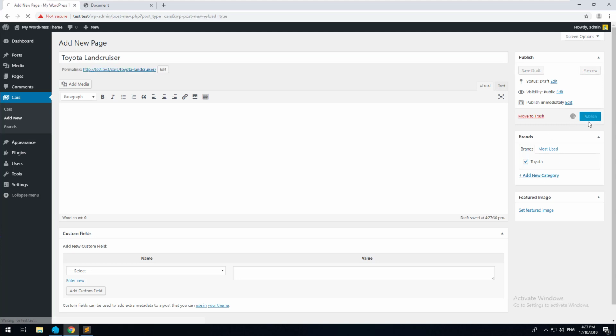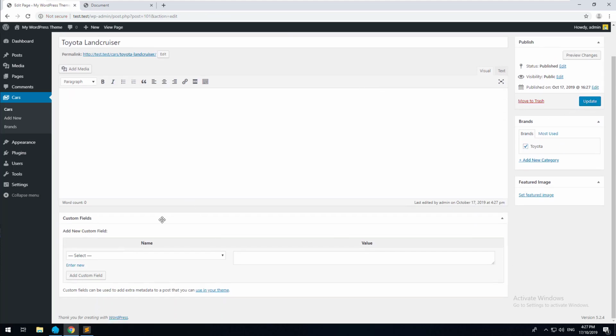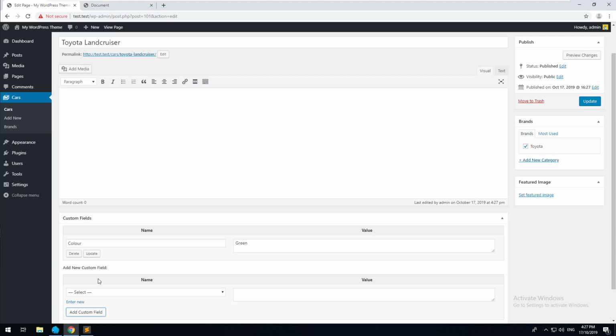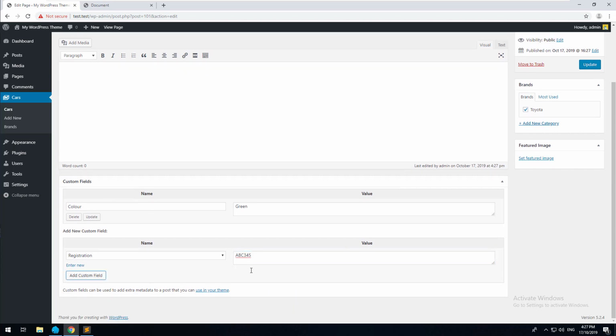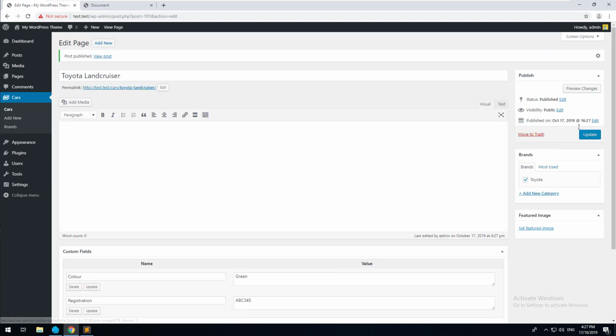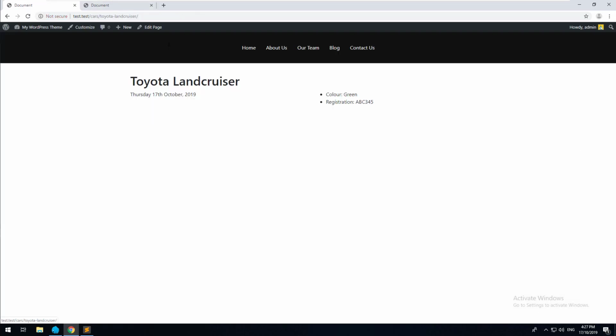assign it to the Toyota brand and publish it, you'll notice the custom fields aren't actually there. You need to select them and then you need to type in their values. So color again and registration, let's do ABC345. And then we'll add that and then update the page, go and look at it. You'll see that it still works, but it does not really give you the best kind of user interface,